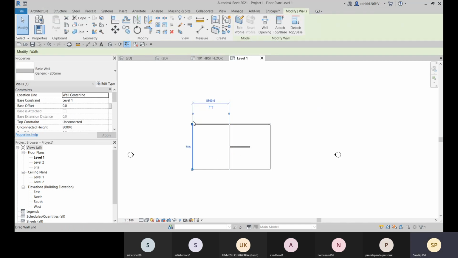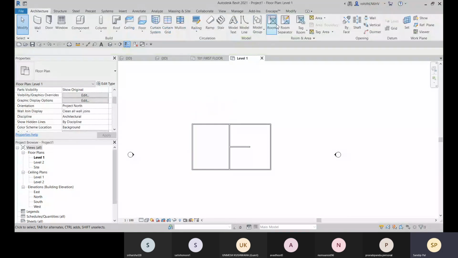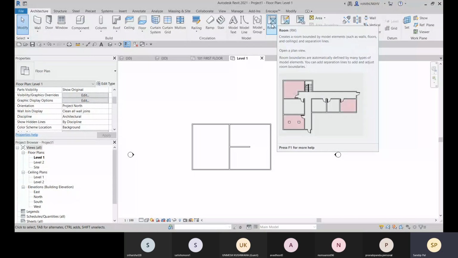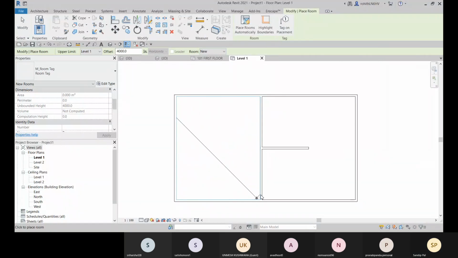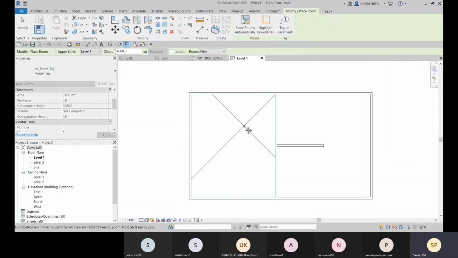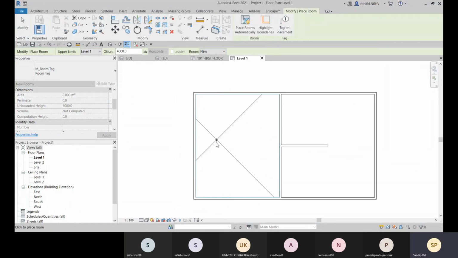And remember that while creating this room, I have this option, that is room bounding. This room bounding option is checked. This should be checked because while defining this room, the room bounding option will help to bound the closed area.